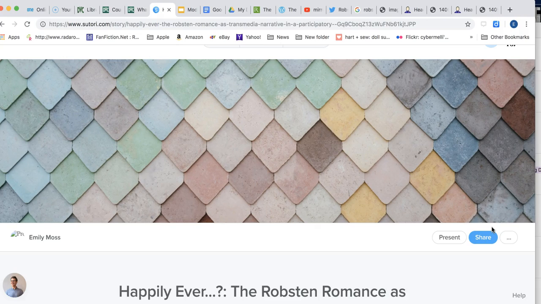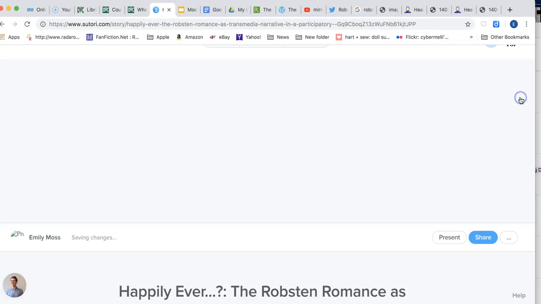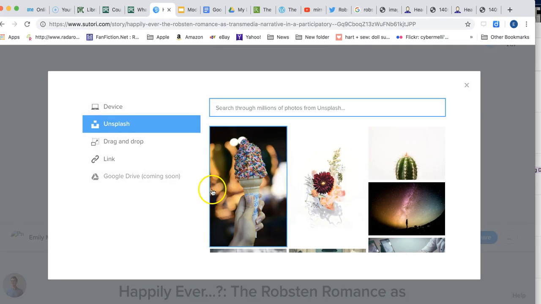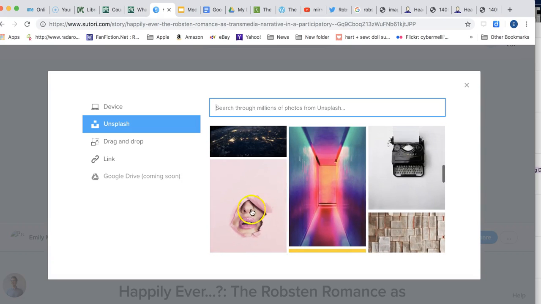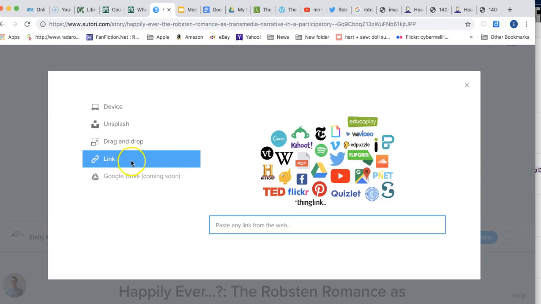Starting from the top of the Sutori, you can see here this banner image is just the default that the platform provided to me, but I want to choose an image that is more relevant to my particular research topic. So if I click into the banner and I see these little dots, then I have this edit option. And you can see you can sort through what Sutori provides, but I think your best bet is actually going to be to use this link